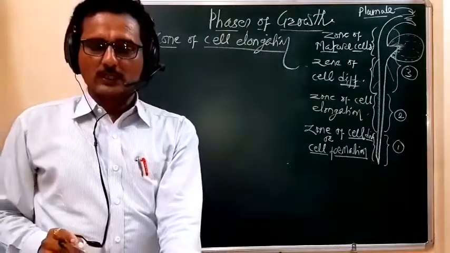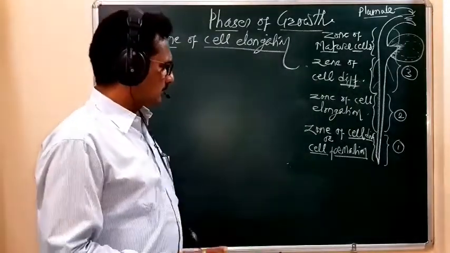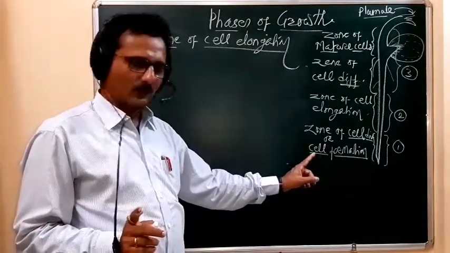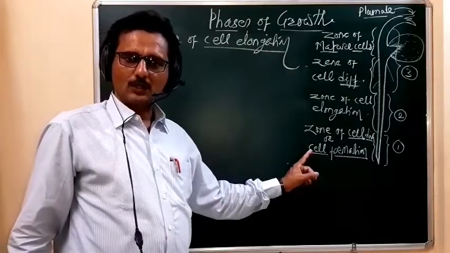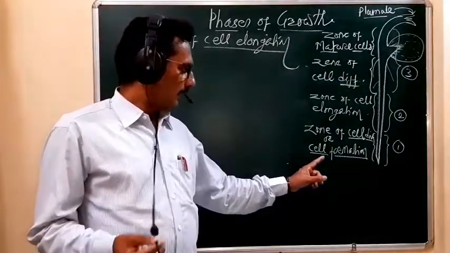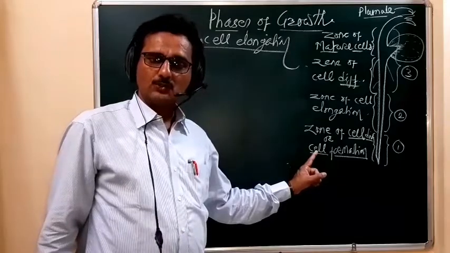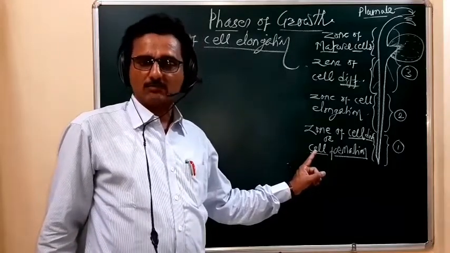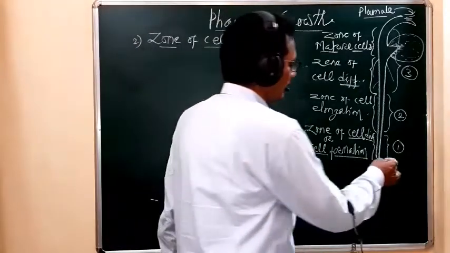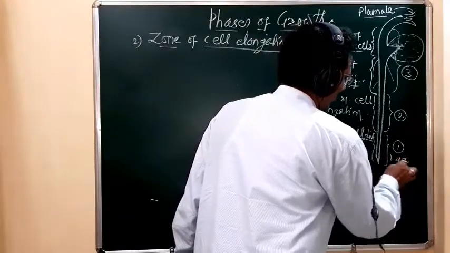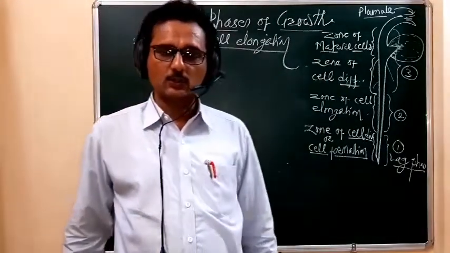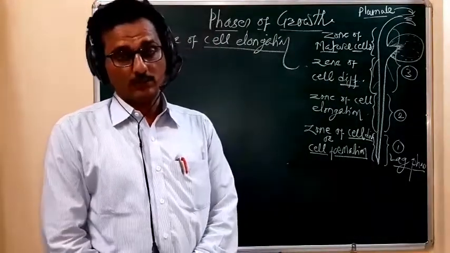But before that, students, one more thing remains about the zone of cell division or cell formation. What do we conclude there? The growth is minimum, but it shows the maximum time requirement. So this phase is also called the lag phase. Lag phase means, in our own English language,